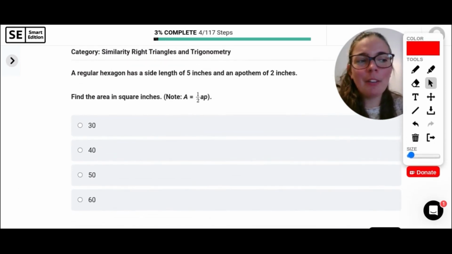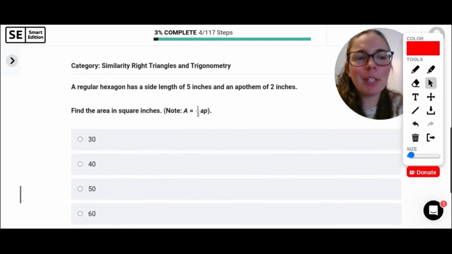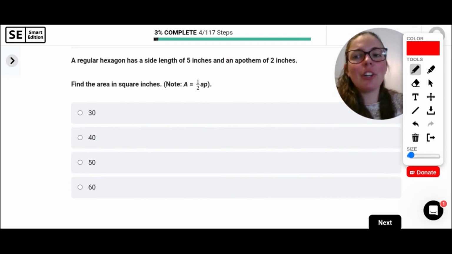All right. A regular hexagon has a side length of 5 inches and an apothem of 2 inches. Find the area in square inches. So the area formula that we are going to use is actually given here. This is not the one that's on your formula sheet. So this one is given to you. So the area is equal to